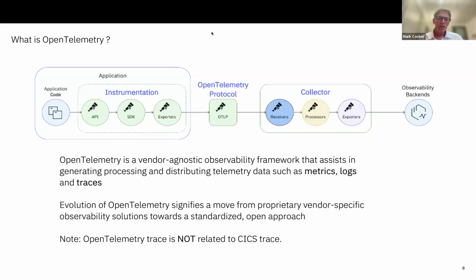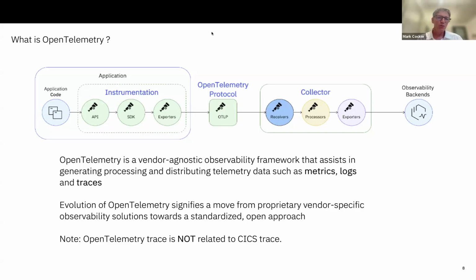By being agnostic, the idea is various different applications can be instrumented using either explicit APIs or SDKs. In many cases, they're provided for that environment already, and then code can either take advantage of them or they can be automatically instrumented.